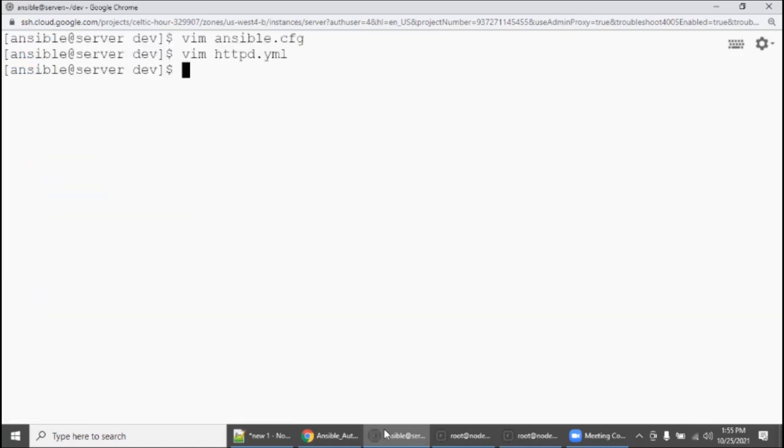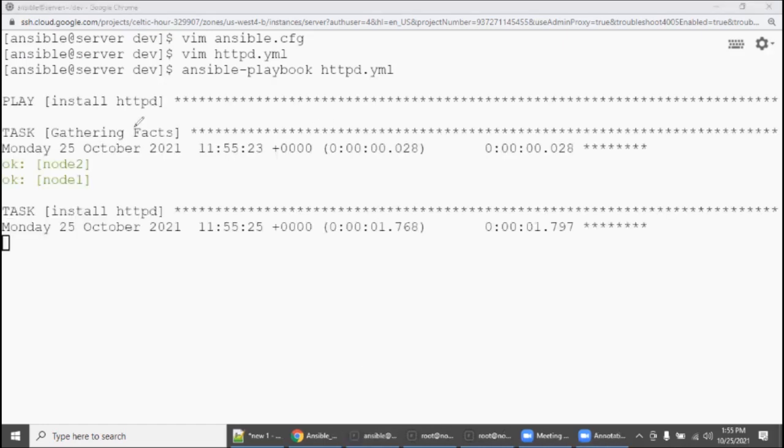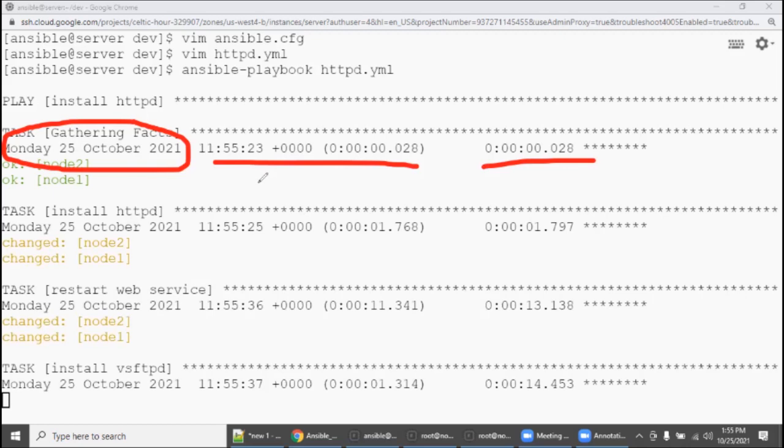Now ansible-playbook httpd.yaml, enter. See here, when you add this profiling and timer, automatically each task shows how much time it takes from start to finish.